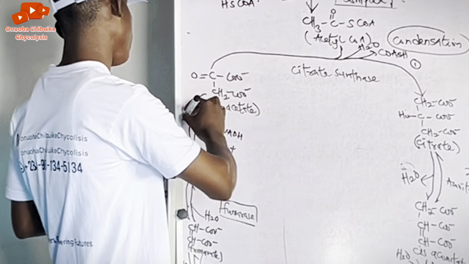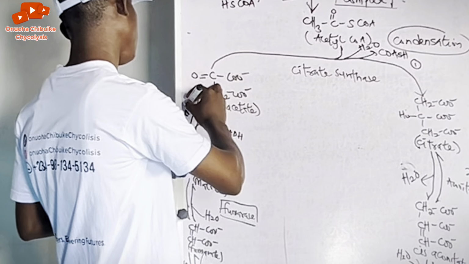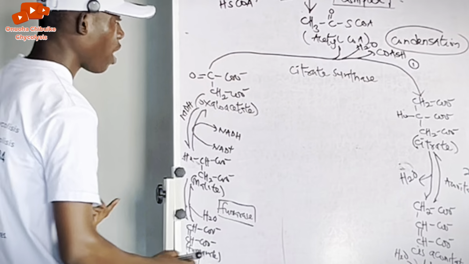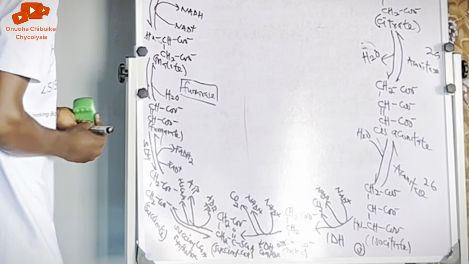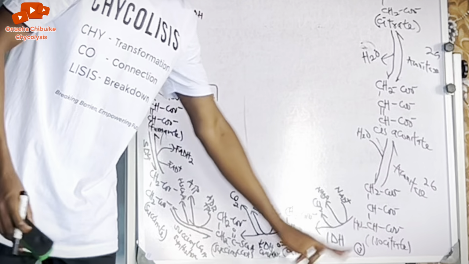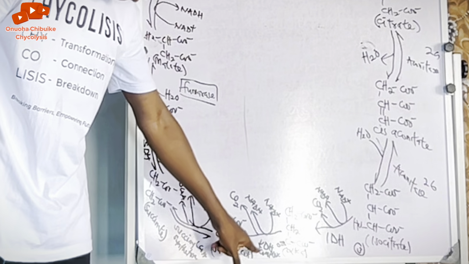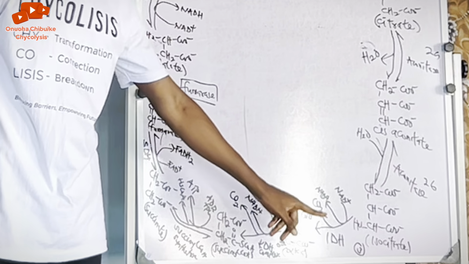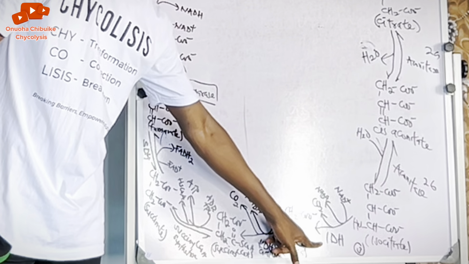And the enzyme is malate dehydrogenase. So you have step 1, step 2, step 3, the conversion of isocitrate to alpha ketoglutarate by IDH, isocitrate